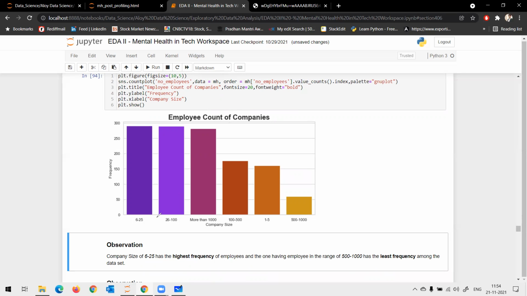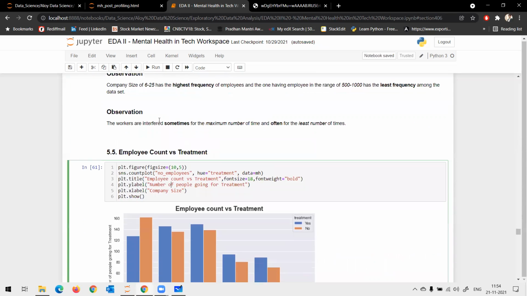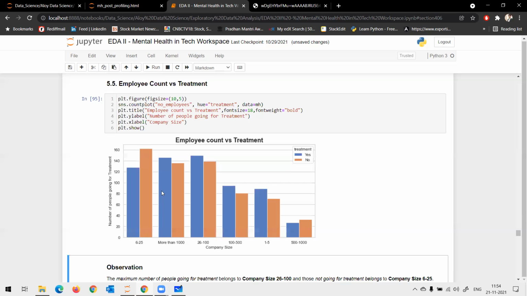Basically, you use the ratio once again here. You can check the distribution with treatment and number of employees. So what will be the ratio here with respect to yes to no? Less than 1, right? Here it's more than 1. Once again, more than 1, more than 1, and less than 1. Correct?